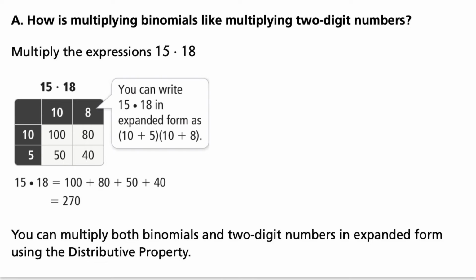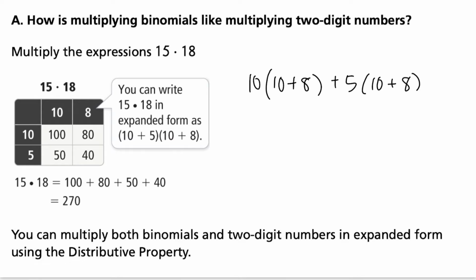In this video, we will learn the final method of multiplying polynomials called the box method or the table method. We'll first see how this works just by multiplying two integers. If we were to multiply 15 and 18, we would represent 15 as 10 plus 5 and 18 as 10 plus 8. Then I'm basically just using the distributive property or multiplying horizontally as we had learned earlier, but